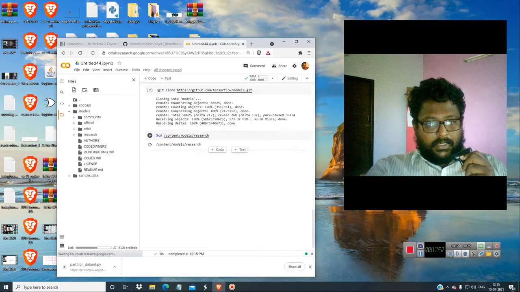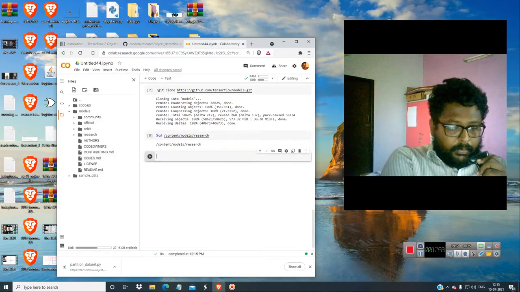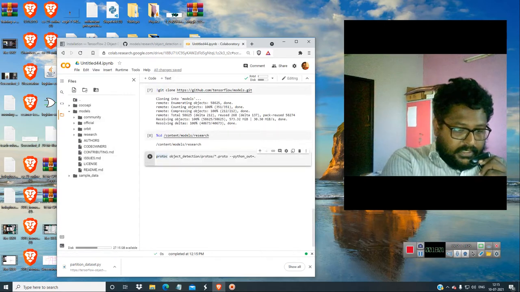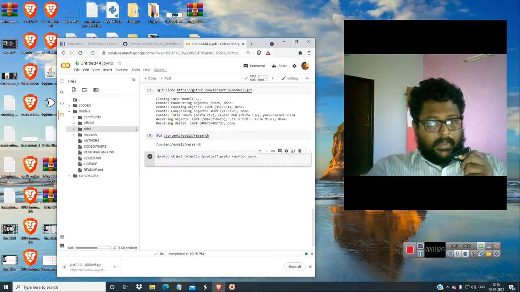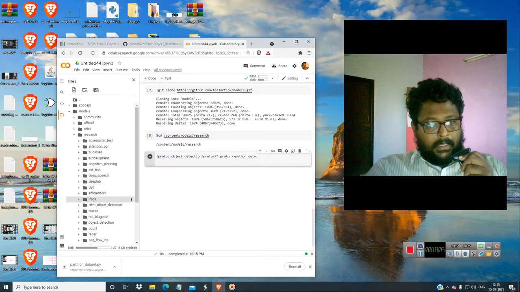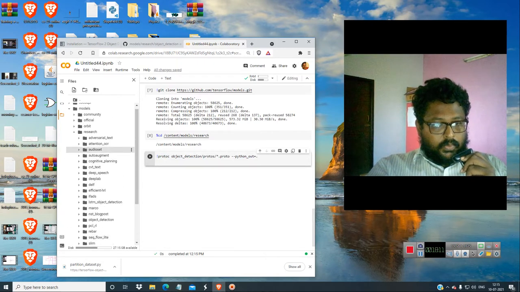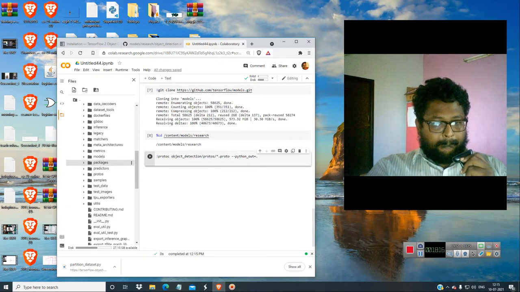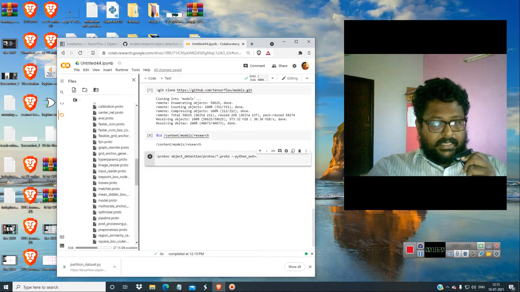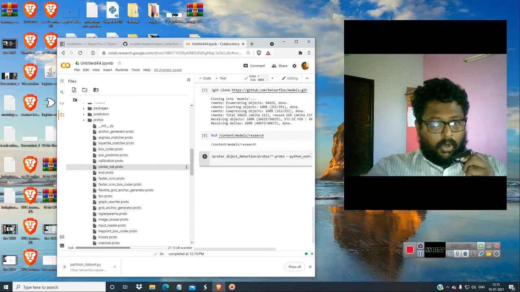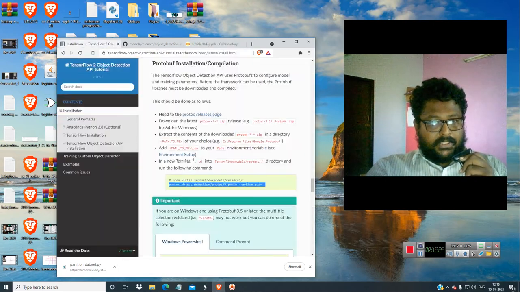So before creating these executables, I'll show you what it is. You get over here, and in here there will be a folder called protos, I think so. So where is the protos? So in object detection, okay, protos is over here. As you see here, there are only files called .proto files. There is not anything much.